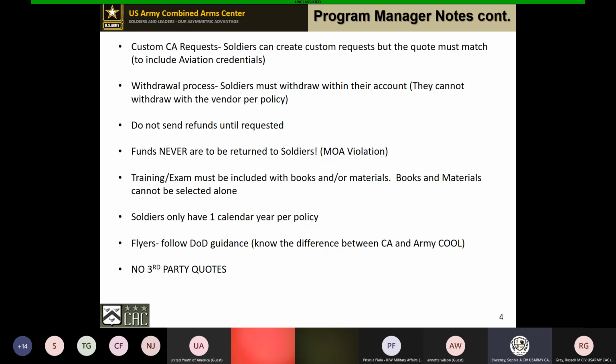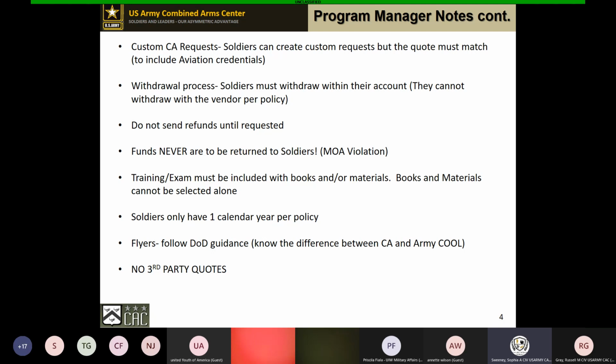So, the withdrawal process. There is a process for this withdrawal. Per policy and per the statement of understanding that they sign, they are told they cannot withdraw with the vendor. This is a huge deal lately, where SODRs are just contacting the vendors and withdrawing. And then they go into the Army Ignited system and withdraw the wrong way, right?